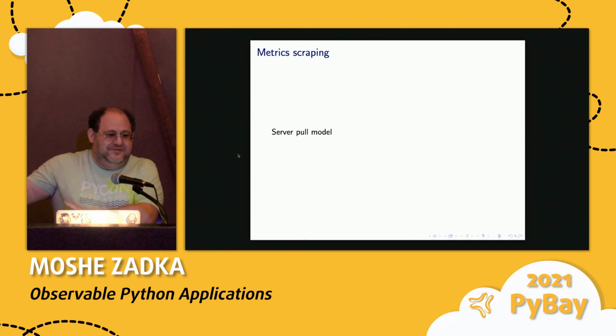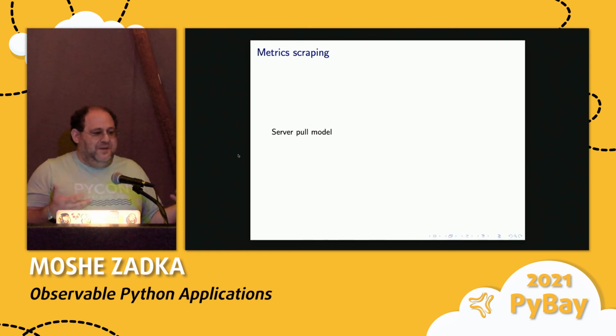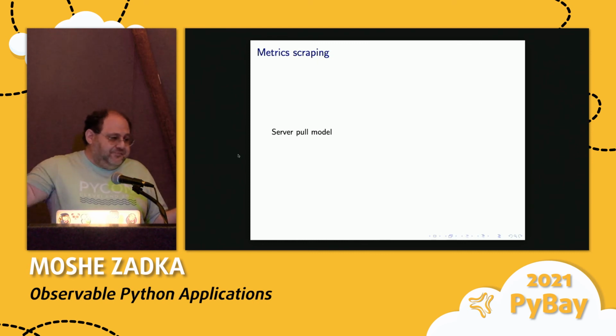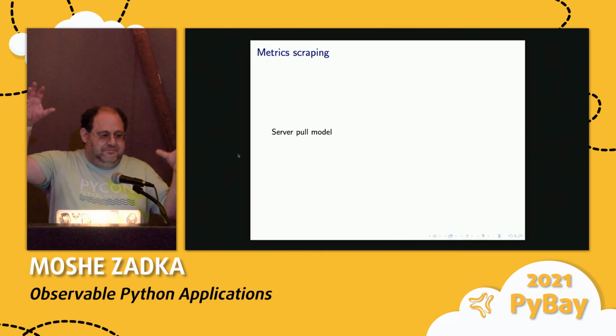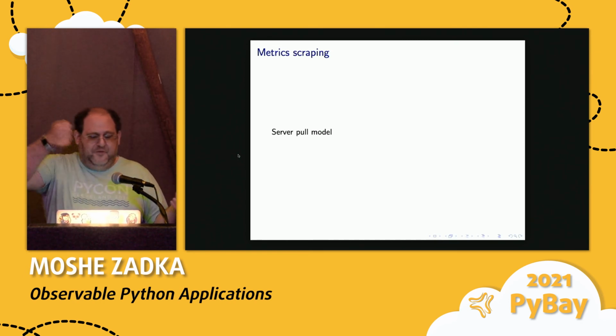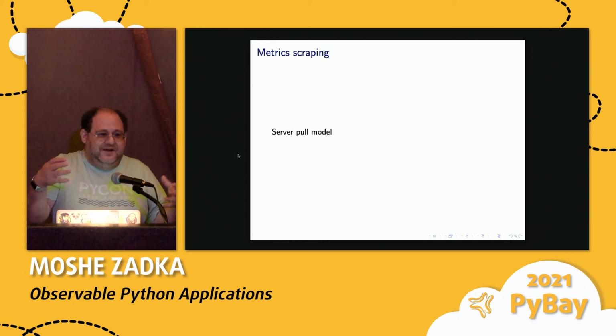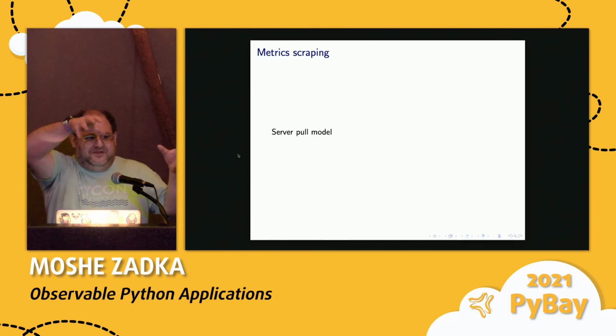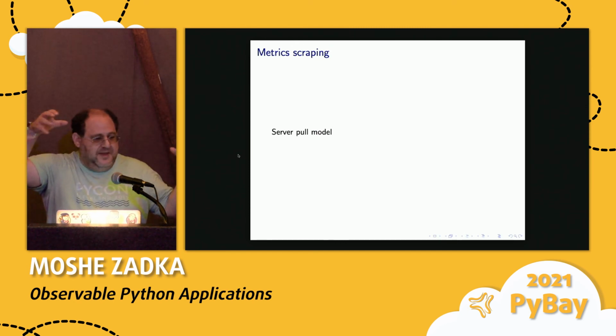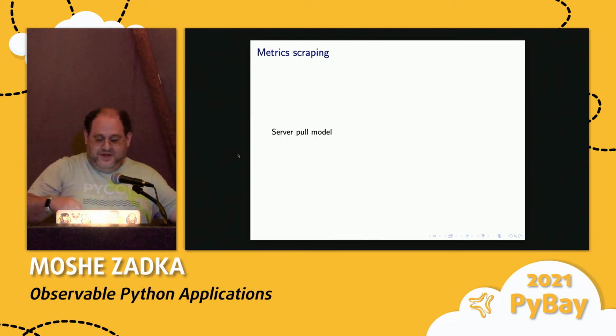It can fit in a centralized thing, so your application can be simpler, and all that logic can stay in some metrics thing. Again, there's a bunch of metrics things, but they all pull from your application and put it somewhere. So that's the server pull model. After it gets pulled from your applications, there's 50 million things that can happen afterwards, and we'll talk a little bit about them. But from the perspective of your application,